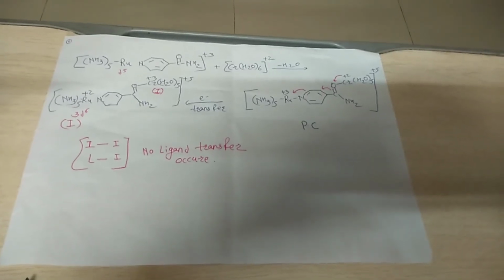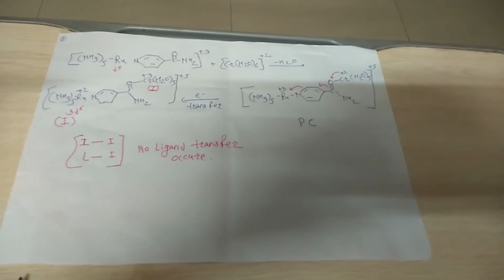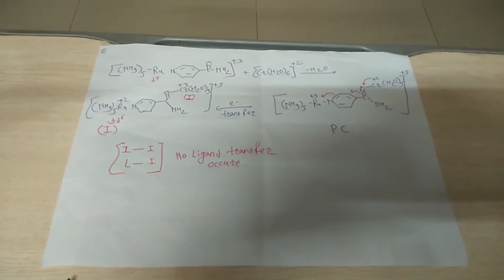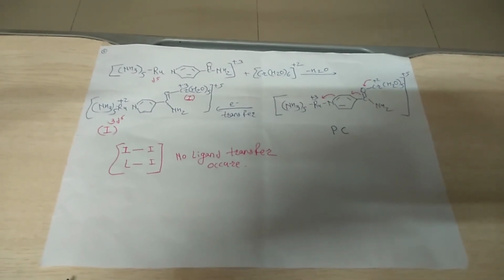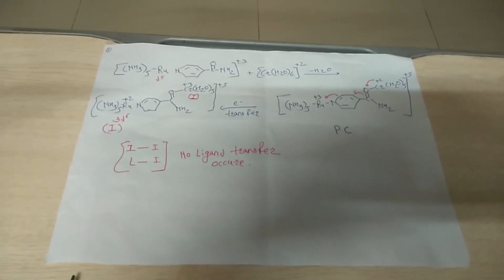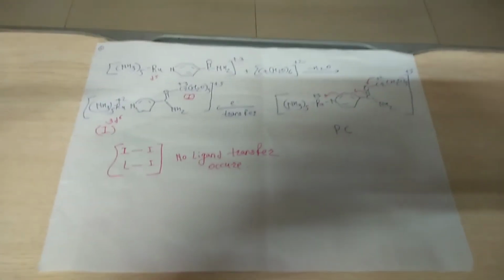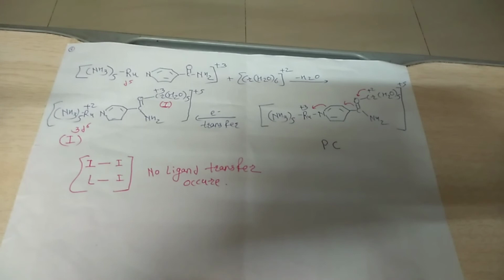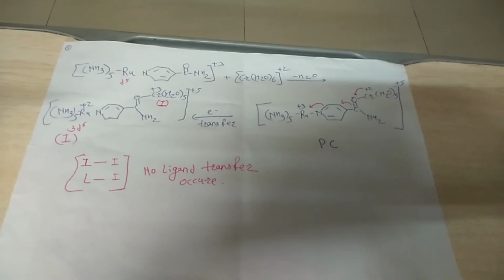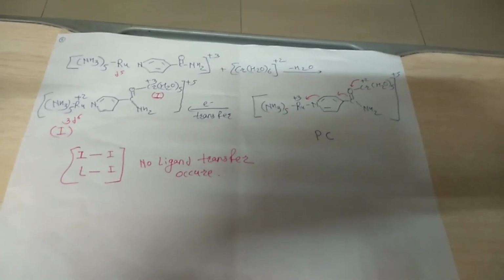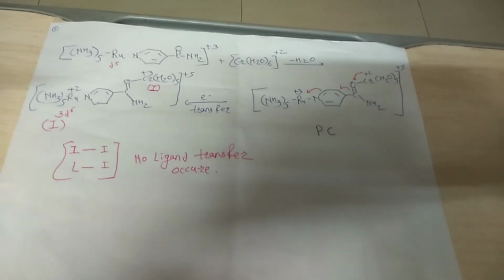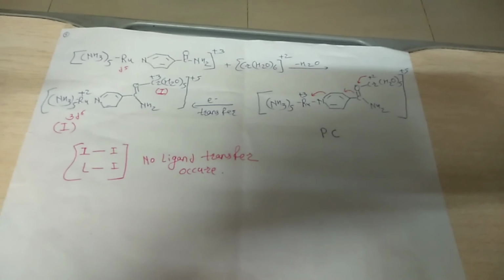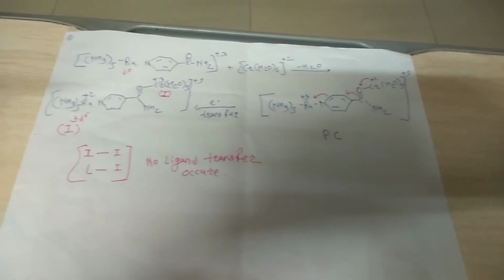So dear students, this is another example of the inner sphere reaction mechanism: NH3 ruthenium having a bidentate ligand in +3 oxidation state. So here in the first case it follows the bridging ligand, and because of that bridging ligand, obviously the reaction mechanism is inner sphere reaction mechanism. So the first complex is an inner sphere mechanism complex because it has a bridging ligand.